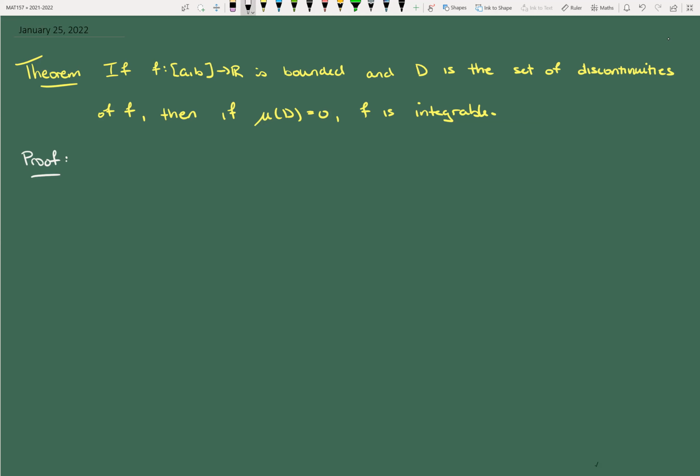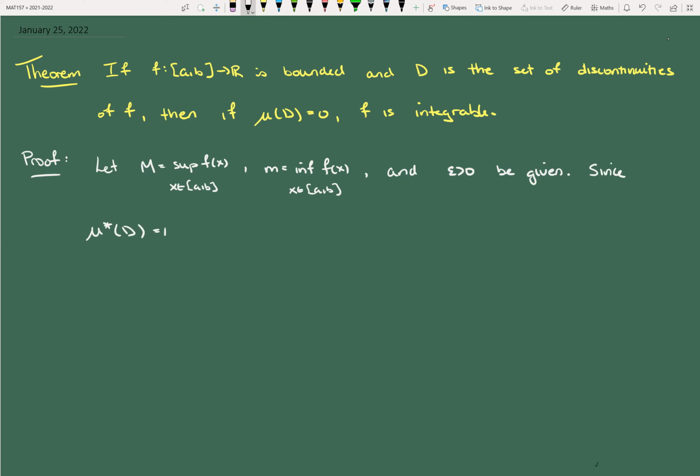Okay, so now, let capital M be the sup of F, and little m be the inf. Right? And epsilon greater than 0 be given. Okay, so what I want to do is, I don't think I'm going to choose my partition yet. Oh, no, I am. Okay, so since the outer measure of D is equal to 0,